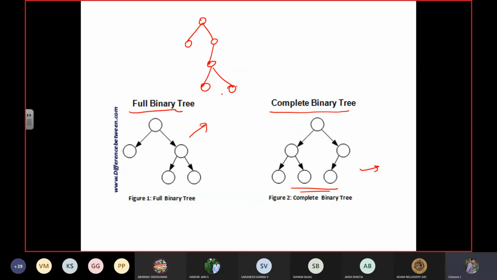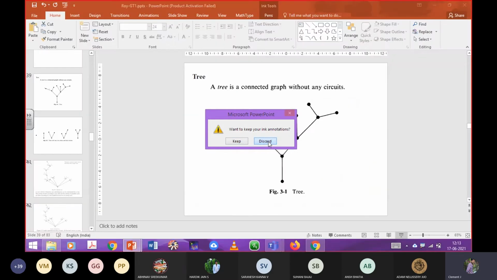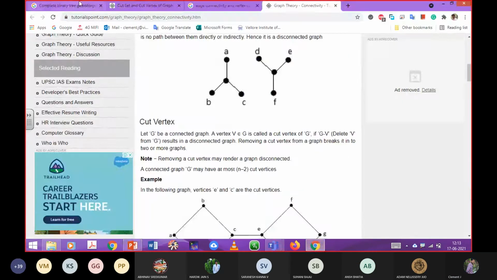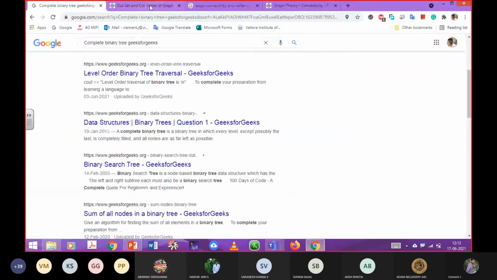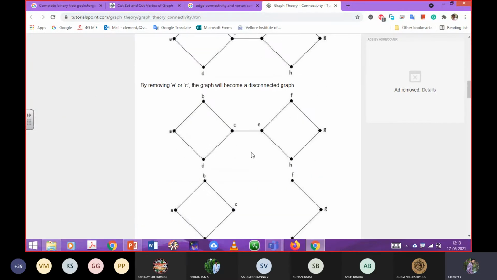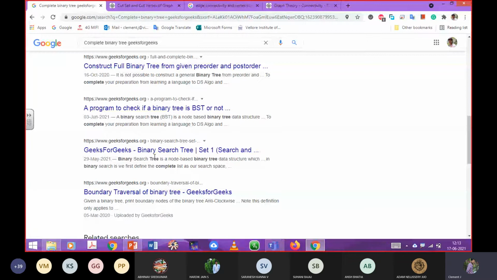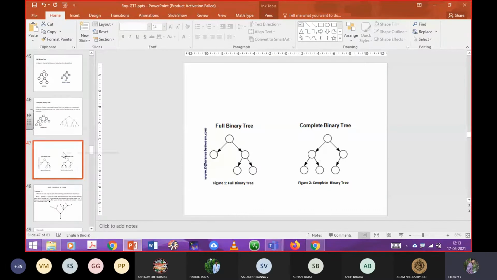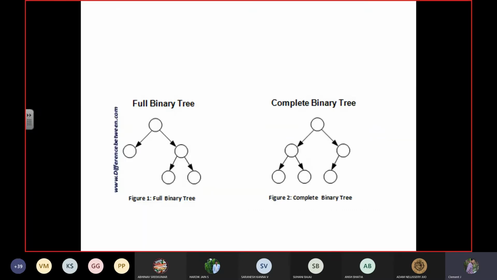Give me 1 minute, let me share the picture with you. Just 15 minutes ago I browsed a page, but I forgot to copy that figure. One figure showed a full binary tree, not a complete binary tree. It was showing the structure, but I forgot that shape. Anyway, see here. So it can be arranged like on the right hand side only.